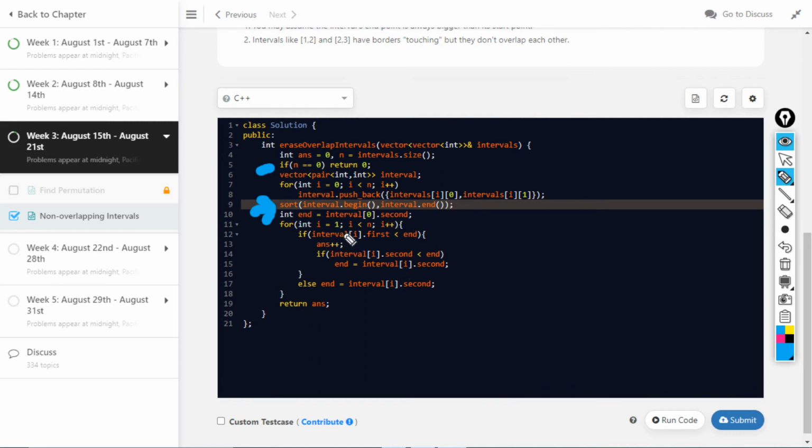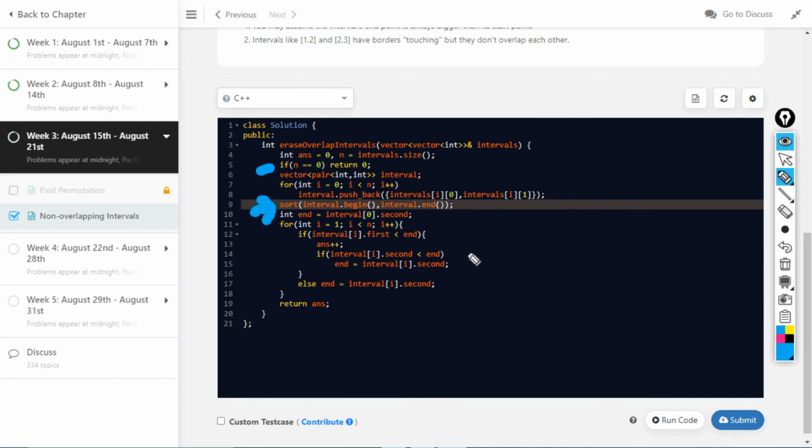Now I have iterated over all the values from 1 to n. I have not started from 0, you can focus on that. I have started from 1. Now I check whether the first value is less than AND or not. I have checked that the first value of this is less than AND, then I have directly incremented the answer, because in this case we have to just increment our answer. Why do we have to increment it? Because